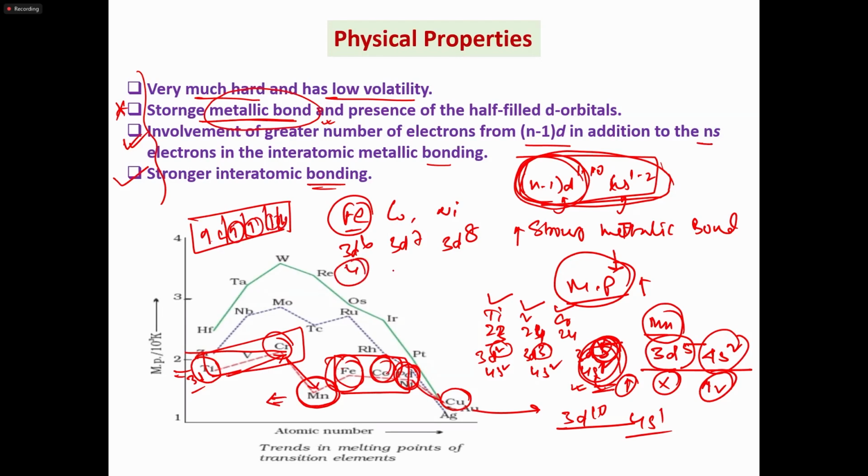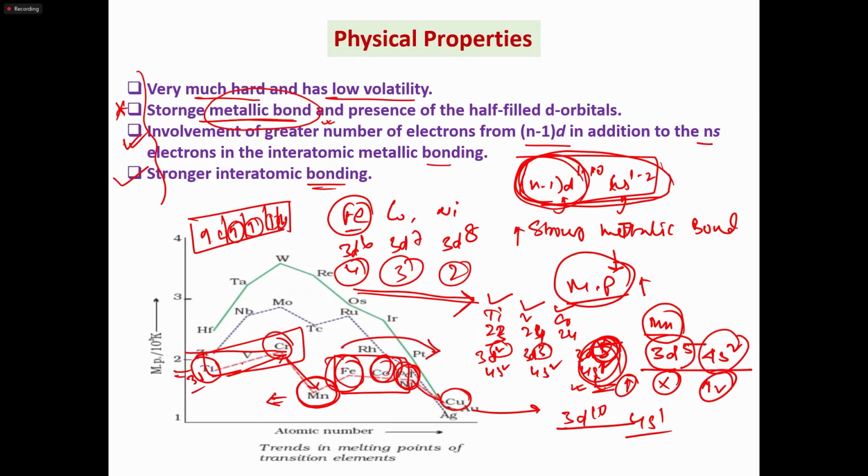So here the unpaired electrons will be 3. Here the unpaired electrons will be 2. So the number of unpaired electrons is also decreasing. When the number of unpaired electrons decreases, the metallic bonds will be weak. So then the melting point also decreases. That's why when we go from iron to cobalt, cobalt to nickel, this value also